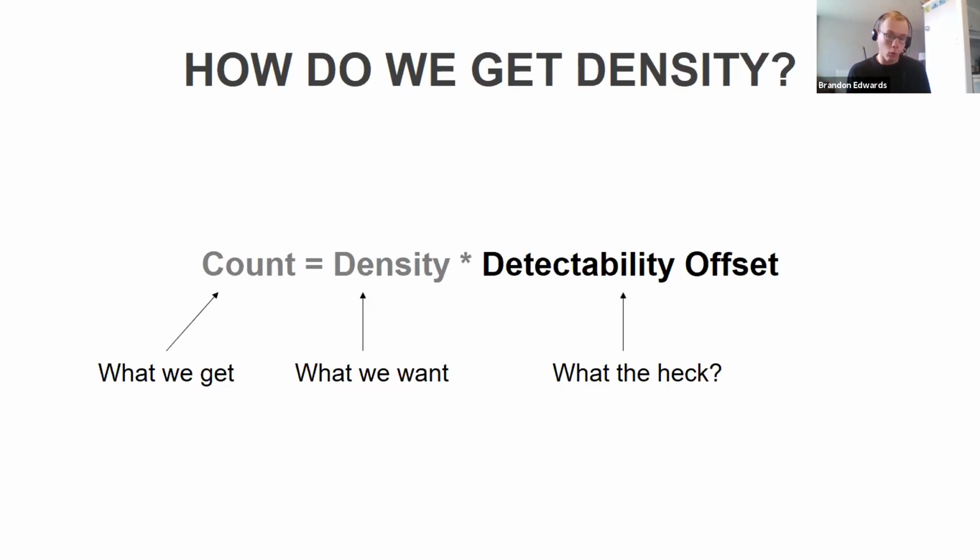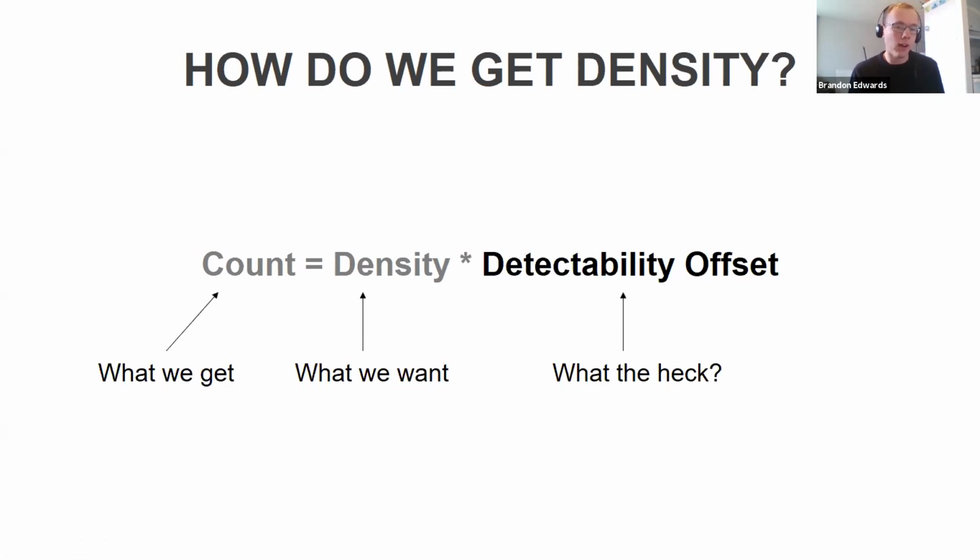So we only end up recording 2 of those warblers. Or perhaps a third one was in fact singing, but from very far away, and we just couldn't hear it. So all of these factors that account for the detectability of birds can sort of be thrown into this latent detectability function or a detectability offset. So really, when we're surveying, we get a count. We really want the density, but the only way we can get that density is by figuring out how the heck we can get this detectability offset.